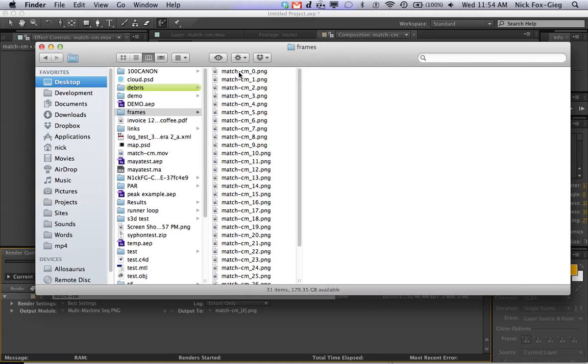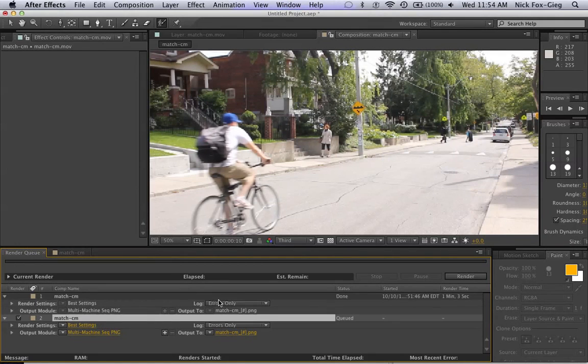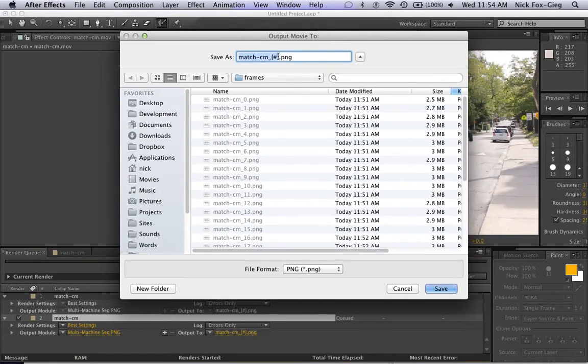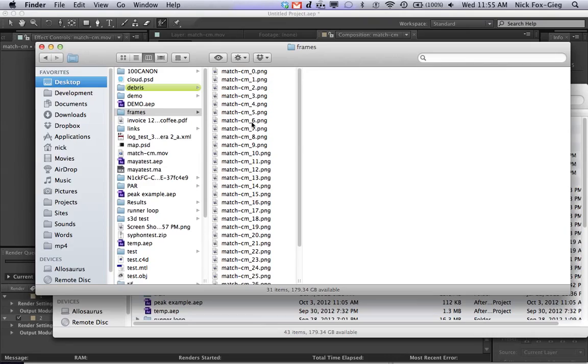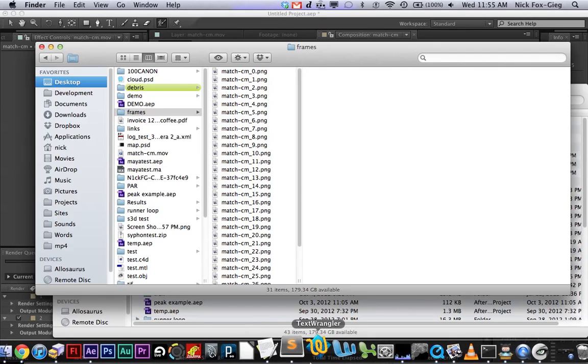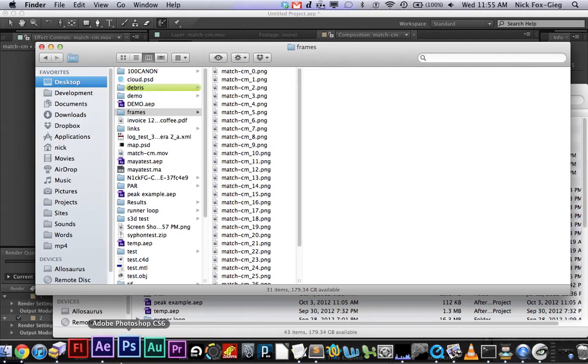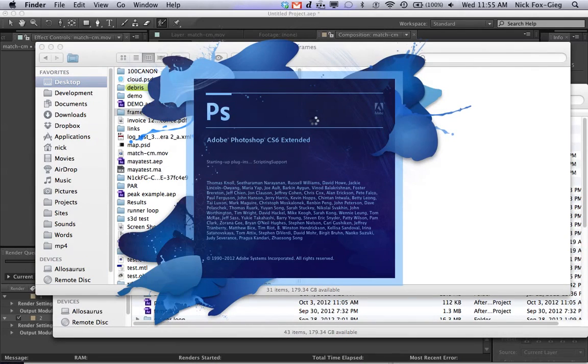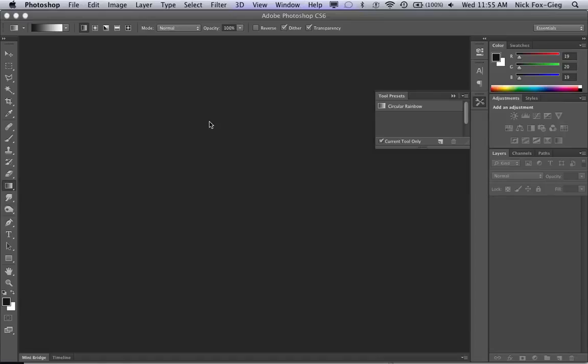One tip when you're rendering things out in After Effects: the number of hashes is the number of zeros you'll have. Generally, in Processing, you only want one number because then you don't have to deal with what's called zero padding, which is the extra zeros in front of your numbers. So really quick, just to make sure I show this, so everyone can see. What I was getting at was